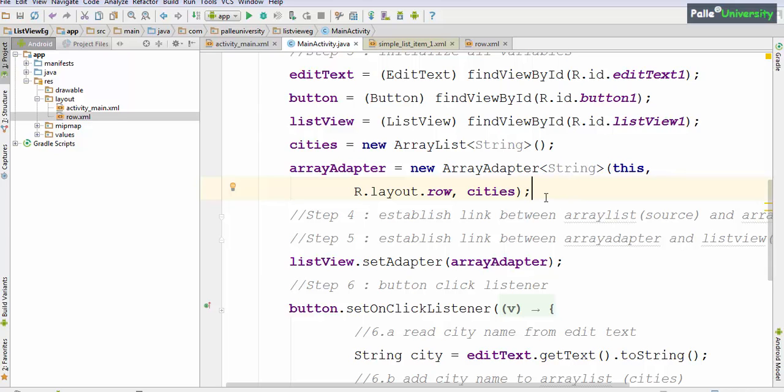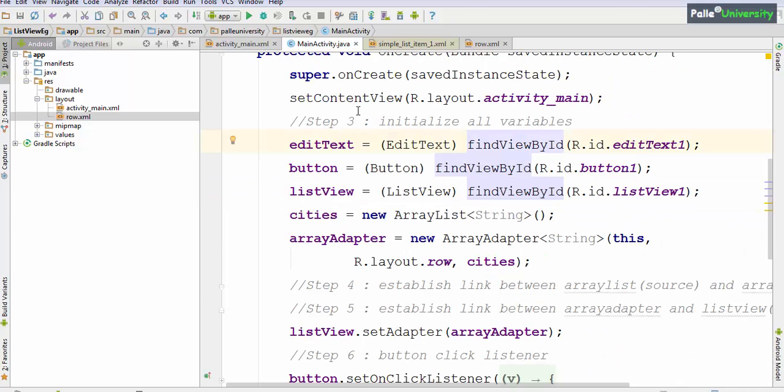Now you may get one doubt here. I wanted to display first row with red color, second row with green color, and so on. Remember, that is not possible. You can only change all row colors. You cannot give different row colors in the list view. In case you want that, then in place of the predefined adapter, that is in place of array adapter, you should create your own adapter. That is called customizing the adapter itself, which we will be discussing in the ongoing sessions.